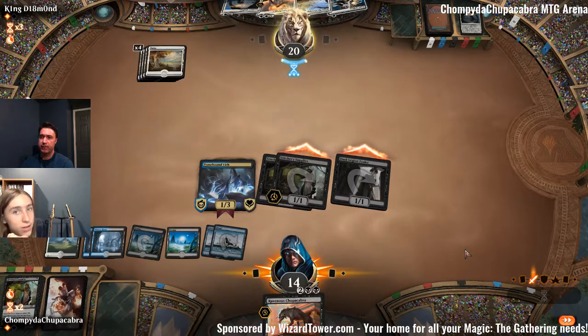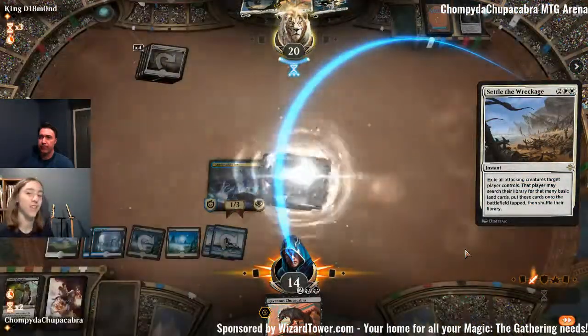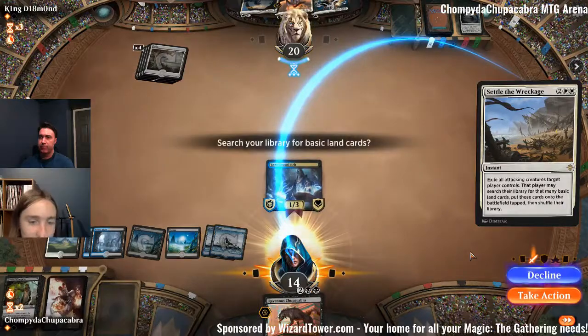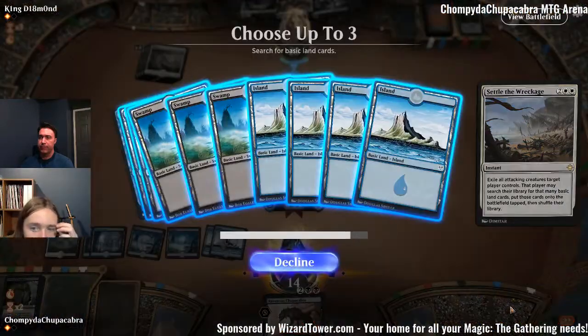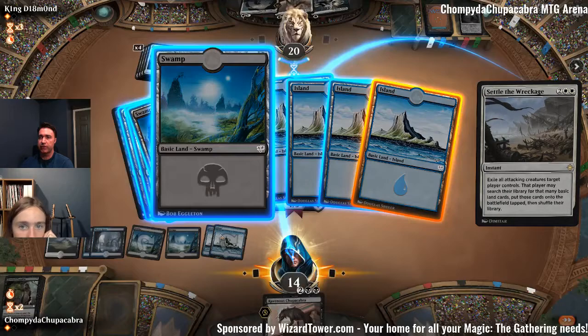I'm gonna be totally honest, I completely forgot you had Settle the Wreckage again. When you started talking, I was like, what is he talking about? Oh yeah, he was holding Settle the Wreckage in his hand, wasn't he? I'm okay with you thinning my deck. But now that he knows we have to settle, he's not going to attack into it with those other creatures, so there's no real...